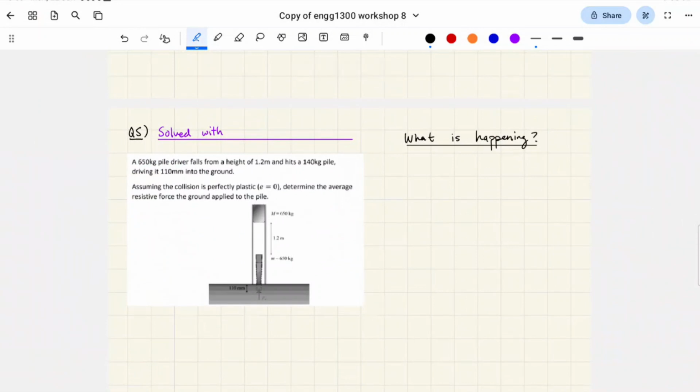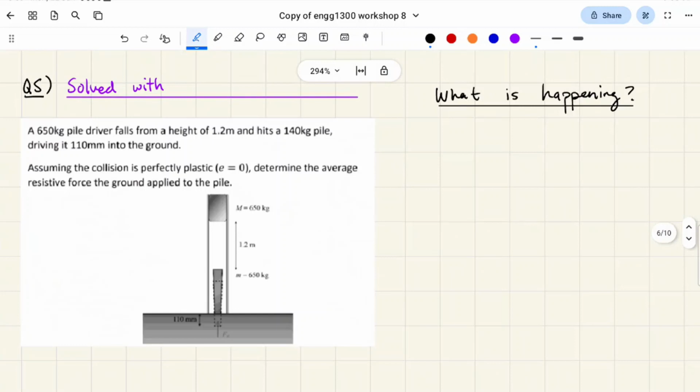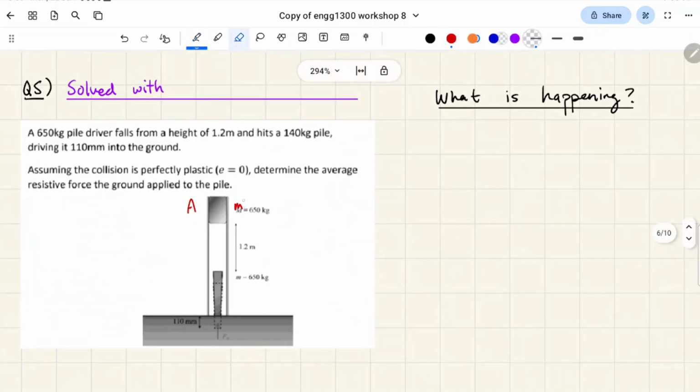Okay, let's digest this question, because there's actually a lot to interpret. So it says that a 650 kilogram pile driver, call it object A, it's MA, falls from a height of 1.2 meters. That's 1.2 meters above the pile, and it hits, the numbers are wrong on the diagram,